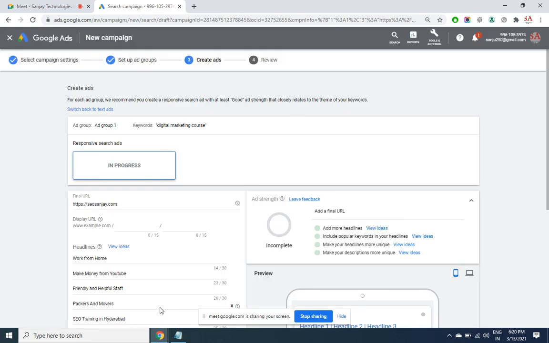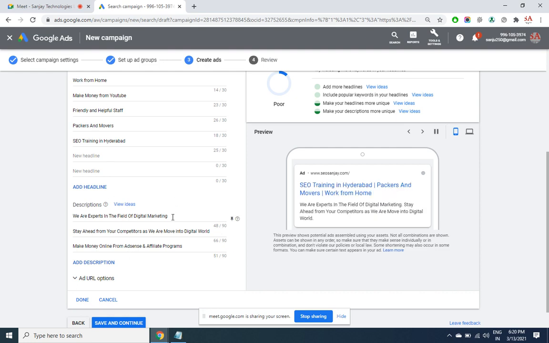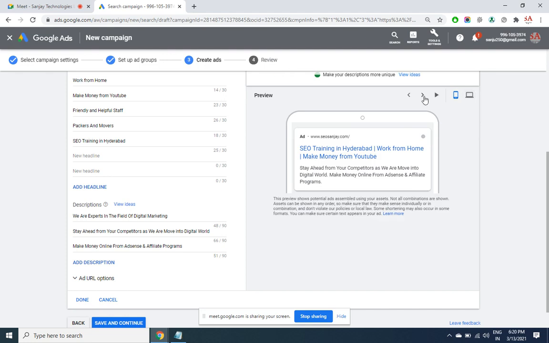Here we will be creating ads. Like we have given the headline and all that, automatically from my web page this content has come ready made. You can anyway change it at any point of time. This is how the ad will look in various devices, various formats. Remember, this is only a search engine ad.